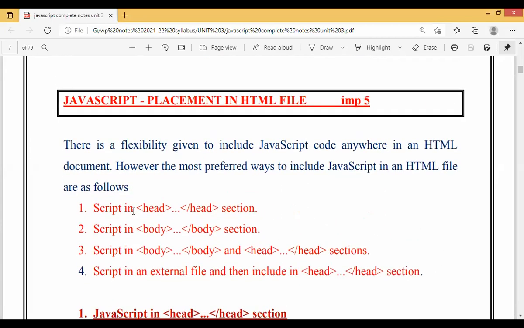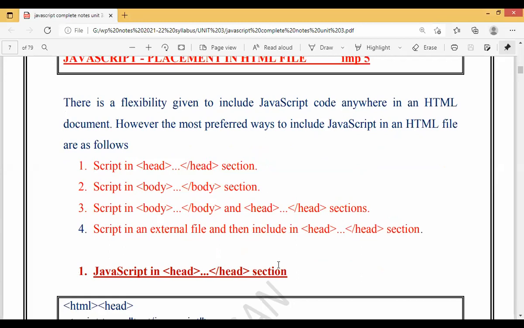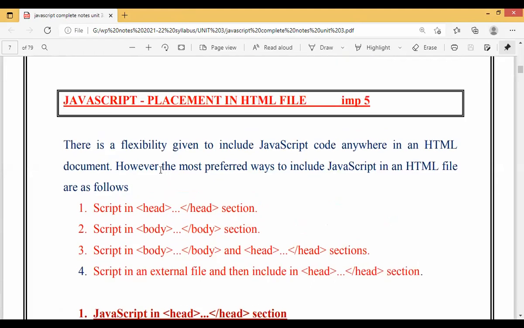As we discussed in the last class regarding the different methods of placing the JavaScript files, there are different ways of writing the JavaScript files, just like we had learned for the CSS. We saw different ways of writing the CSS, and we also saw the different forms of writing the CSS, isn't it?